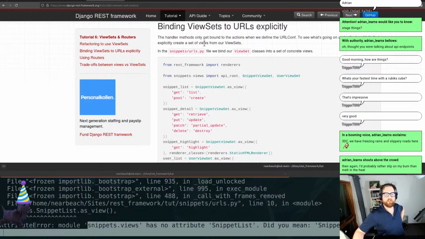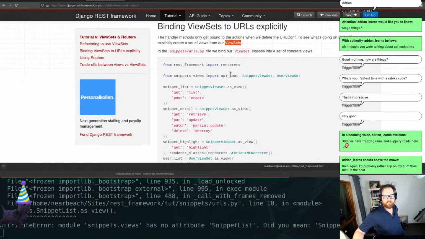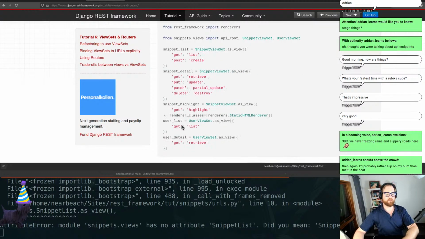The handler methods only get bound to the actions when we define the URL config to see what's going on under the hood. Let's first explicitly create a set of views from our view sets. All right, cool. In the snippets URLs, we bind our view set classes into a concrete view. So in here,